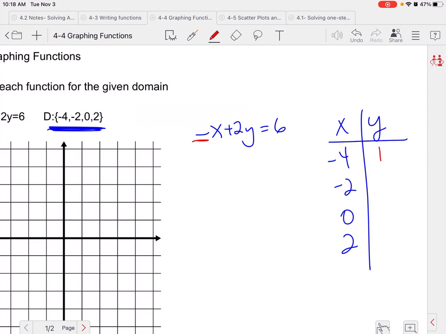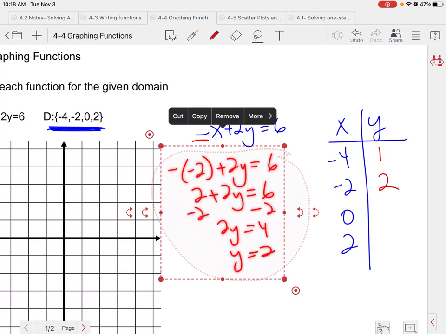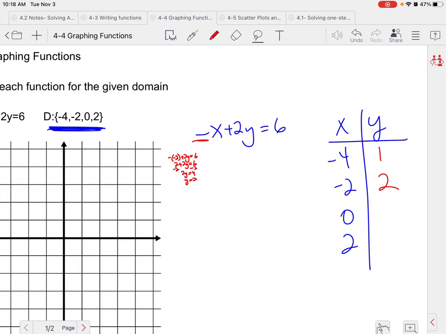All right, so now I'm going to plug in -2. So negative times -2 plus 2y equals 6. Again, this becomes a +2 plus 2y equals 6. Subtract the 2, 2y equals 4. So we get y equals 2. Okay. Again, you should not be erasing this. You should be showing all your work, but I'm just shrinking it down so I don't have to move all